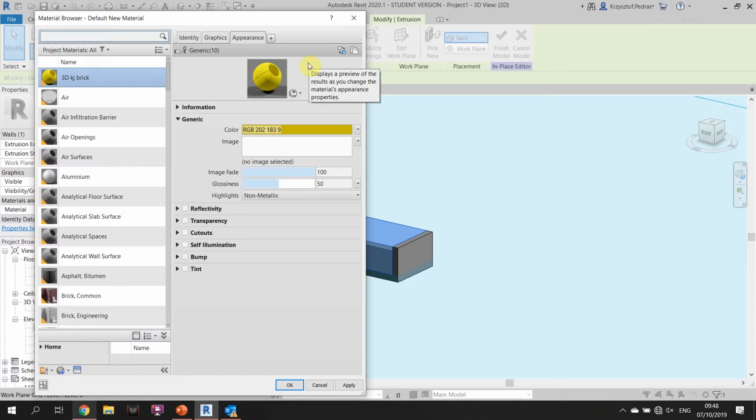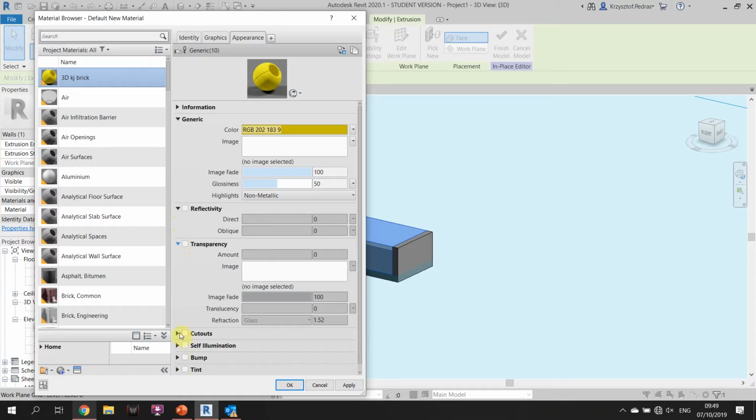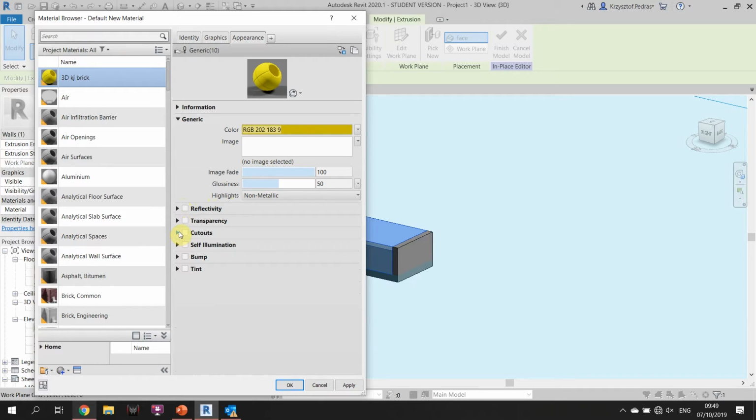Yeah, we have plenty of other options. Image fade, meaning how much of the image, if we got one, will be displayed on the texture, how much glossiness is gonna be applied to it, and a lot of other options that you can scroll through. Most of them are not really relevant and not so important for the model to look good. I guess if you stick to the textures and the colors, it will be great anyway. So we can go with very basic and get a really good look out of it. So if you chose your own color, you can click OK,